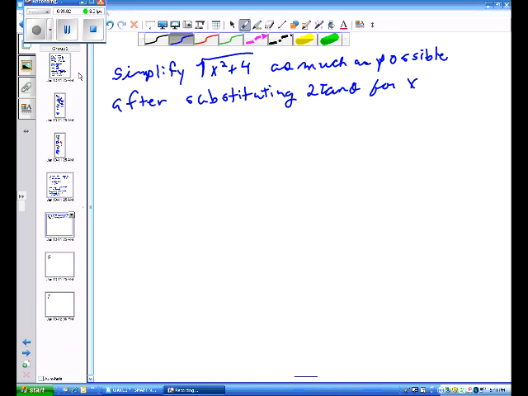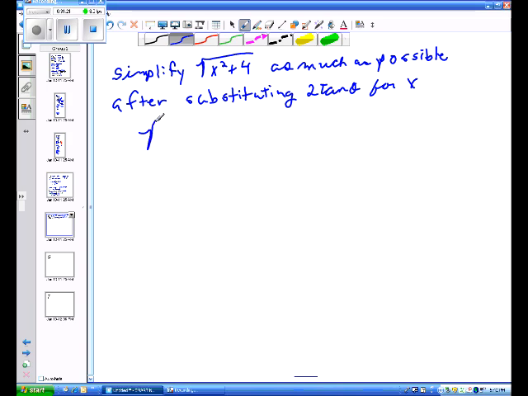Here we have a problem that says to simplify the square root of x squared plus 4 as much as possible after substituting 2 tangent theta for x. Well, let's see what we would end up doing here. If we substitute in, we would have the square root, and in place of x, we're going to put 2 tangent theta